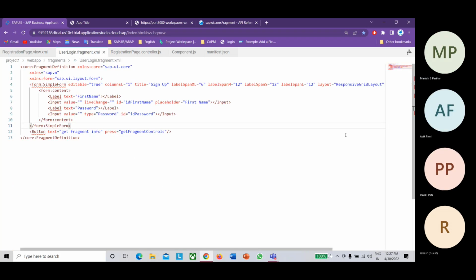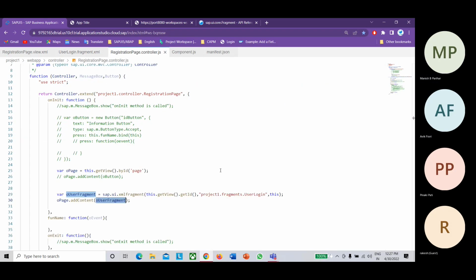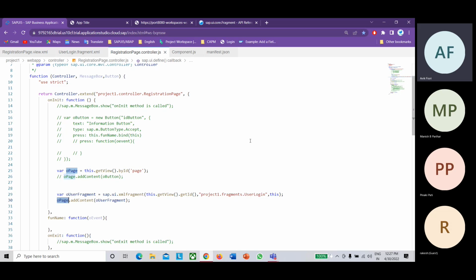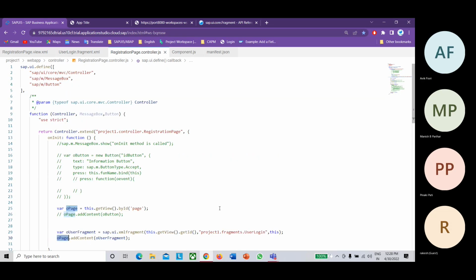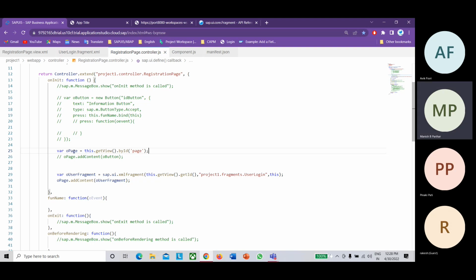Oh, no, no. Where? this.getView().getId(). No, we have already defined the location. Why is it giving the error for the button? Anything I have missed here? Which button?